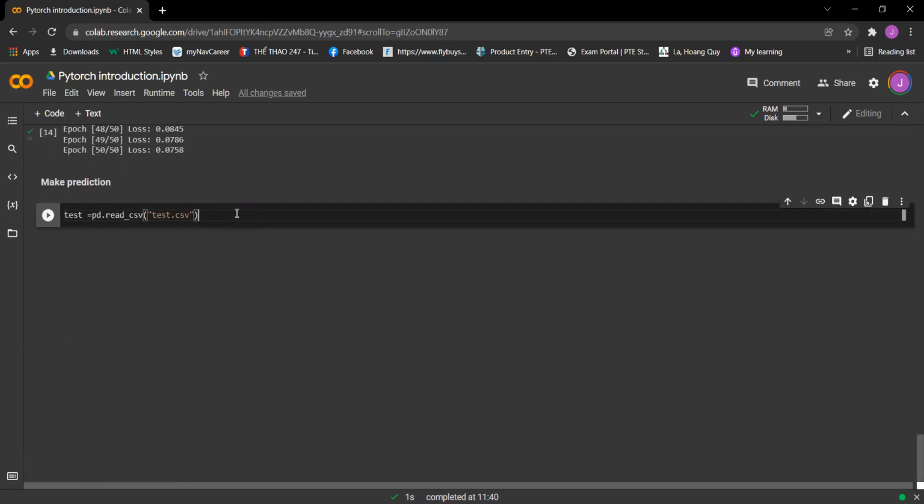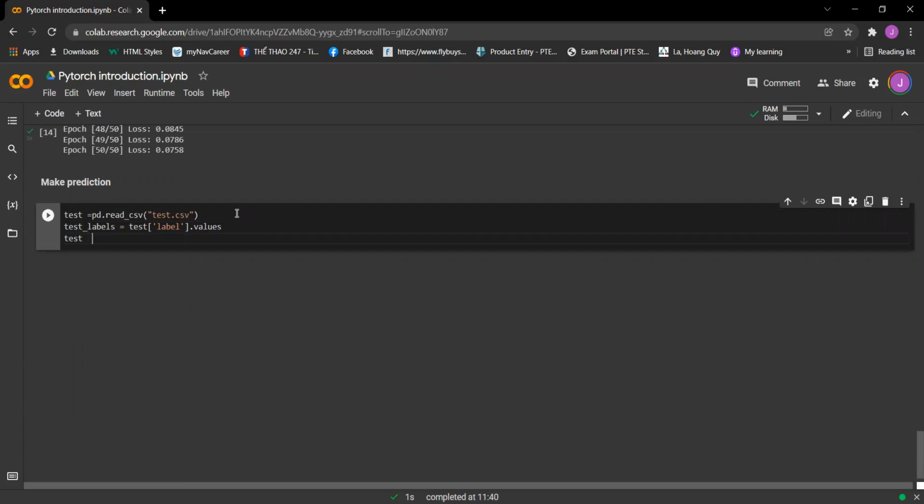So we'll have test_labels equal to test, and then its label.values, and then we have test equal to test.drop, and then its label, comma axis equal to 1, .values.reshape,